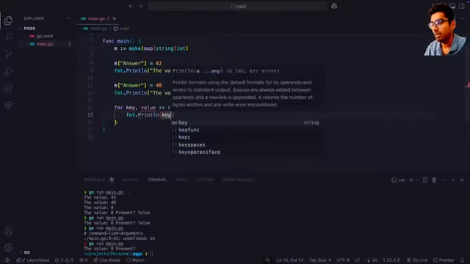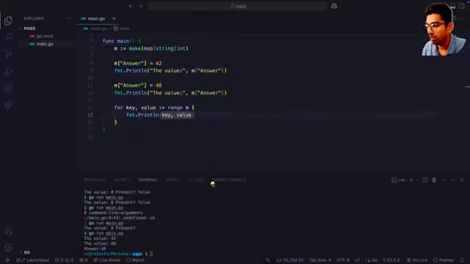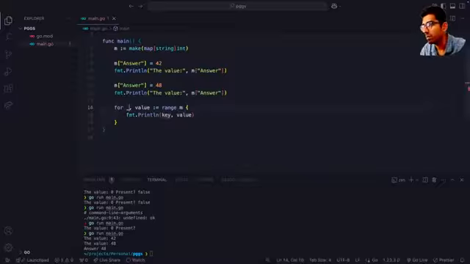We can write key, comma, value. If you run this, in the last print statement, as you can see, the key is answer and the value is 42. Using this, we can loop over maps and access all the keys and values. If you don't want the key, you can use the underscore identifier here if you only want the values. And if you only want the keys, then you can get rid of that part. This is how you iterate over a map. Now another